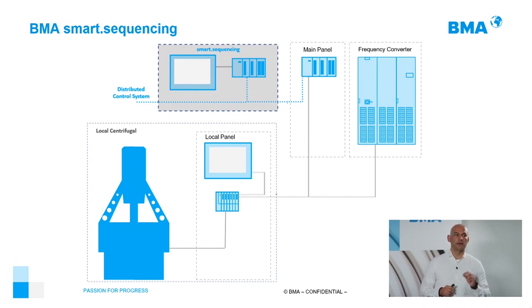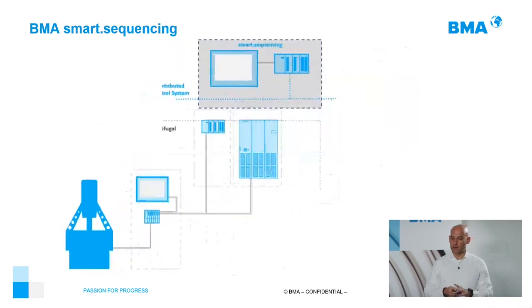where the controller lives. At the same time, we are giving some information to the frequency converter, and the frequency converter is giving electric energy to the motor in the centrifuge. Where does our smart sequencing live? Our smart sequencing communicates with the main panel, with the controller of this centrifuge, getting all the information: how is my filling time, how is my braking time, how is the status, is the centrifuge working properly or not, what is the vibration, everything from every machine in our bank.